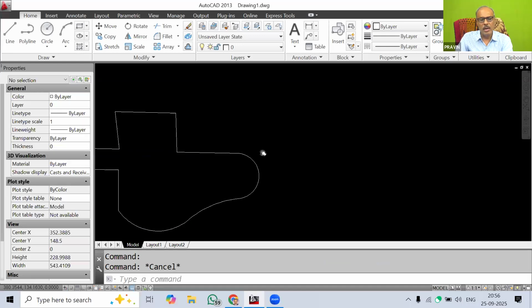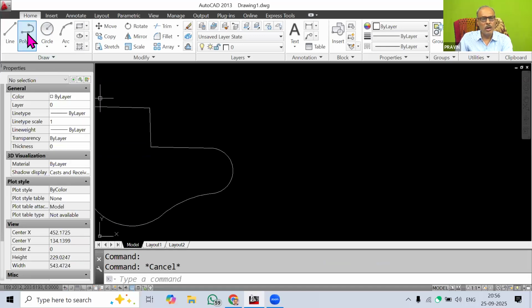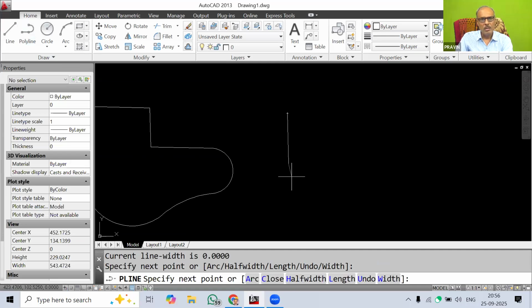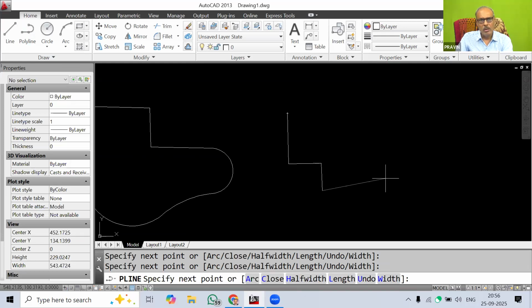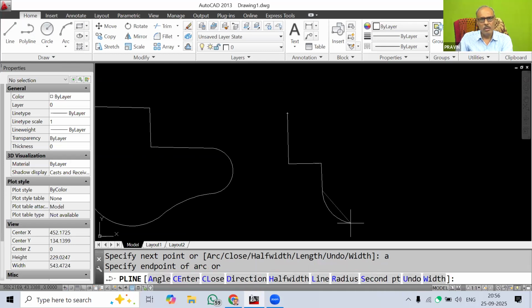You can check out that with the polyline command, I have started polyline. I will click here, then I will click here. Now my line segment is working. At any time I want to draw an arc, I can use the option from the command line, where for arc I will type capital A or small a and press enter. Now this was changed to the arc.